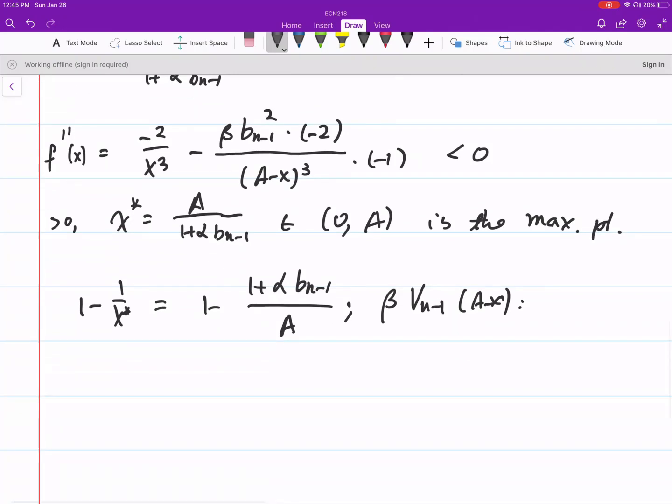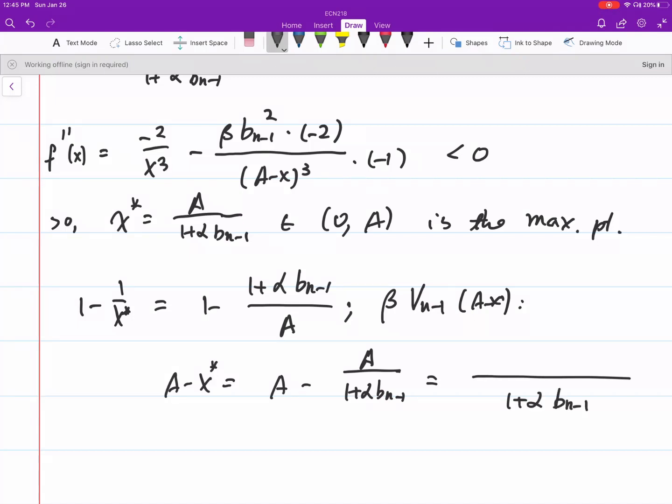We do the following thing. A minus x, do the computation. Okay, we plug in x star. So it's going to be a minus a over 1 plus alpha b_{n-1}. Common denominator again, and then this is going to be 1 plus alpha b_{n-1}. Factor a out, and common denominator,